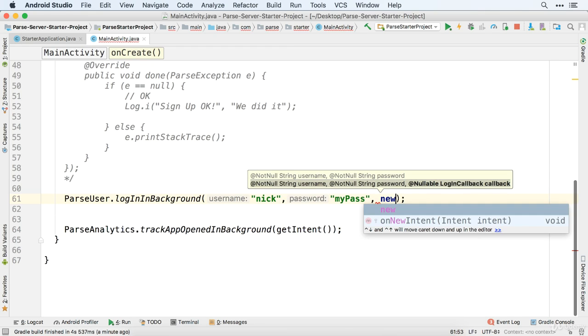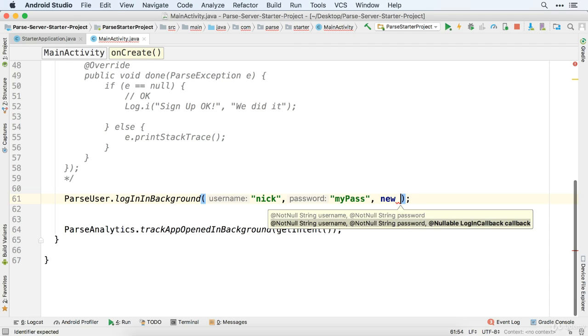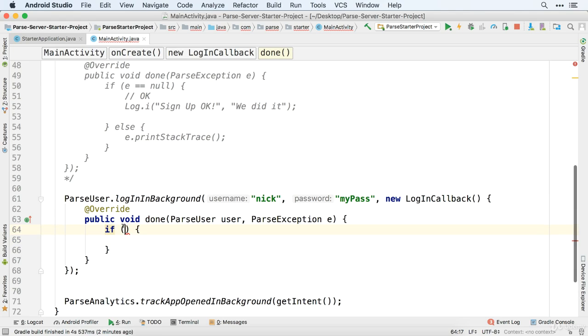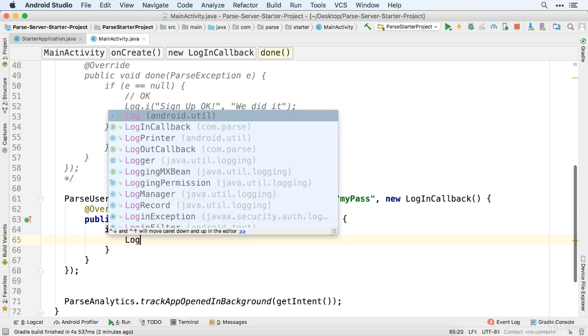And then we also need to do a new LogInCallback. So this will tell us whether or not it was able to work, and it also gives us this ParseUser, which is pretty great. So we're going to say if statement here, check and make sure we have a user. So if user is not equal to null, meaning we were able to successfully get back a user, then we can log out